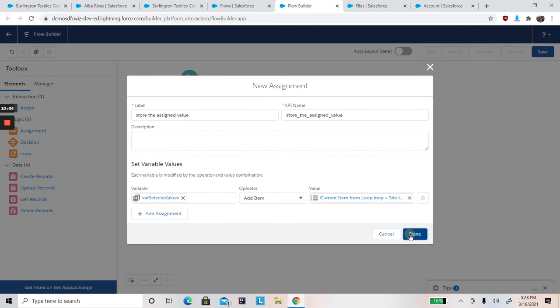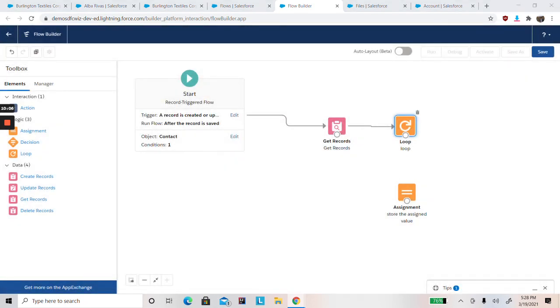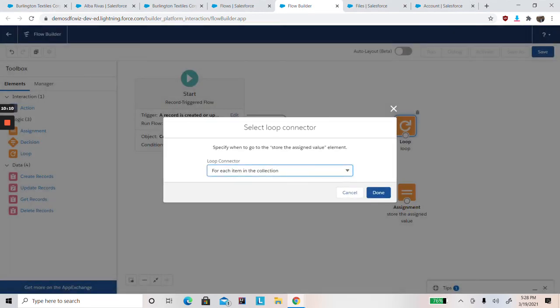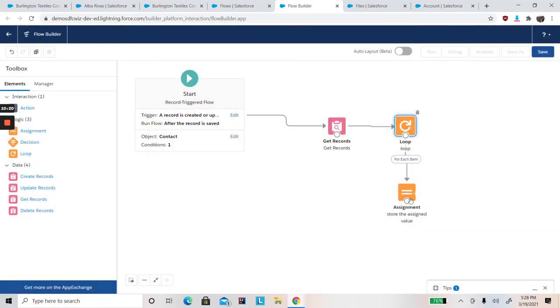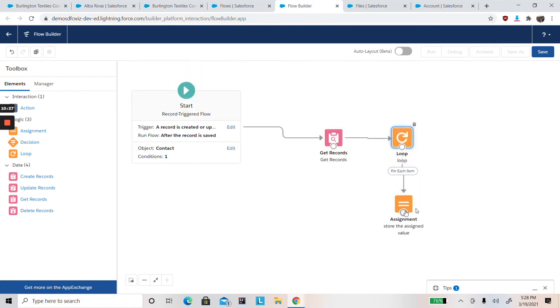So once this step is done, we can just link these two nodes, and here we get an option to select if we want to loop through all the records or not. So I'm selecting the option to loop through all the records, and we connected the loop with the assignment variable, and then